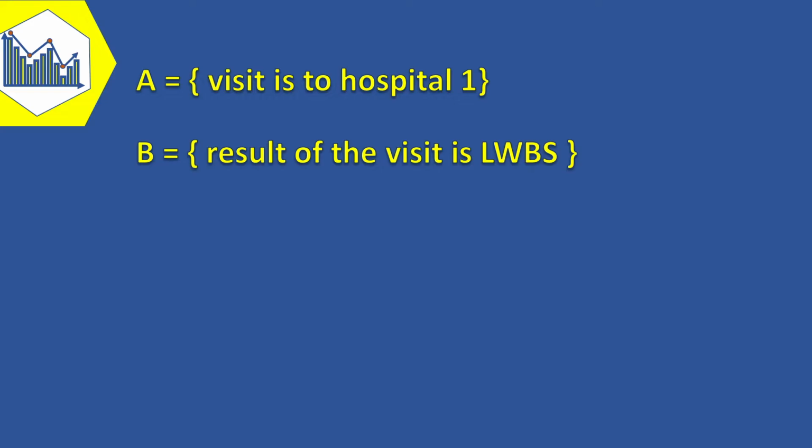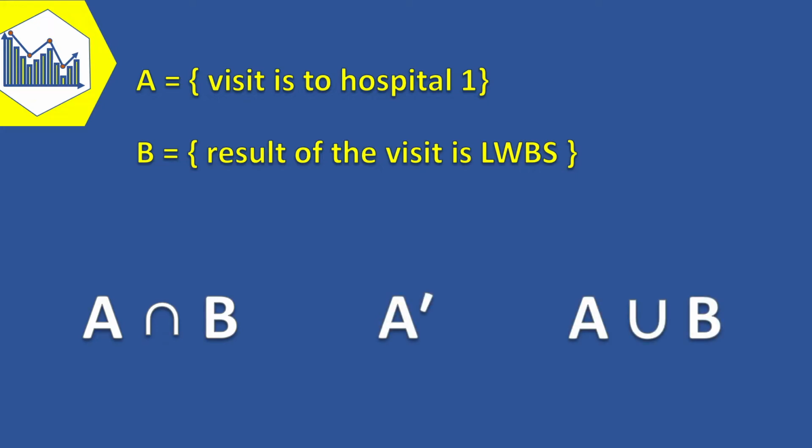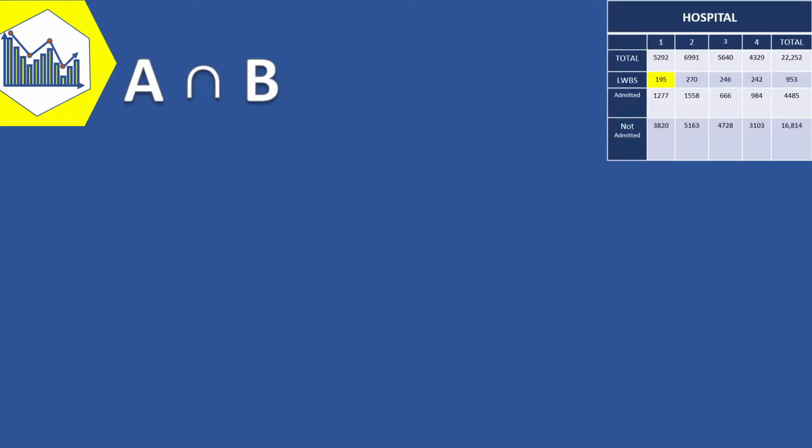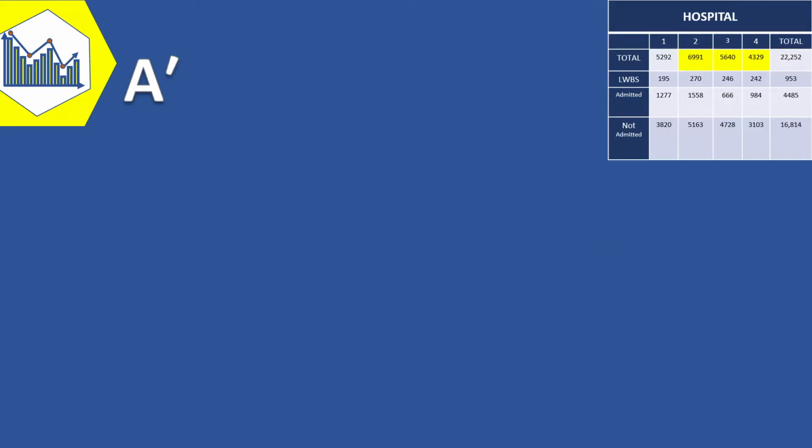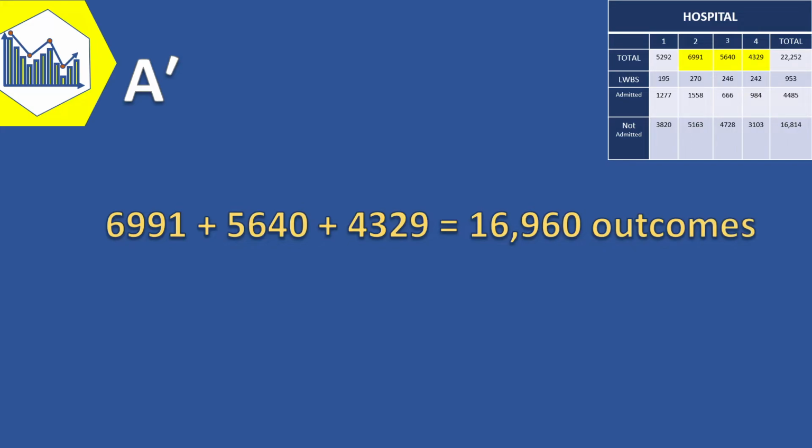We want to calculate the number of outcomes in the intersection of A and B, A prime, and the union of A and B. The intersection of A and B consists of the 195 visits to hospital 1 that result in LWBS. The event A prime consists of the visits to hospitals 2, 3, and 4 and contains 6,991 plus 5,640 plus 4,329